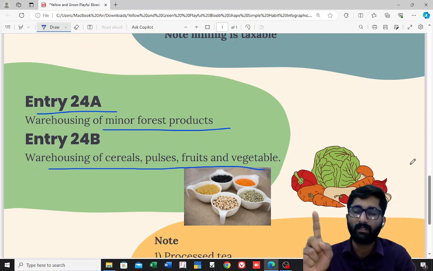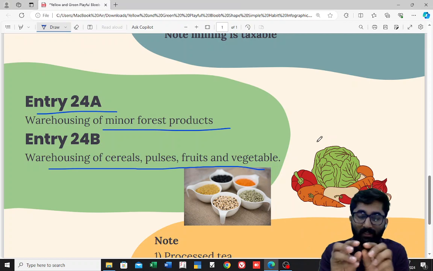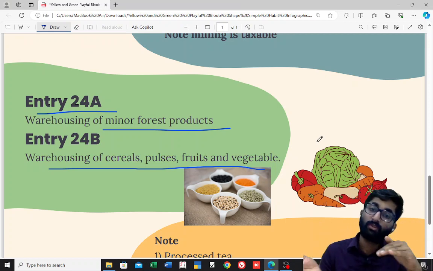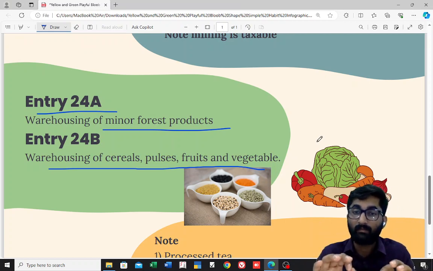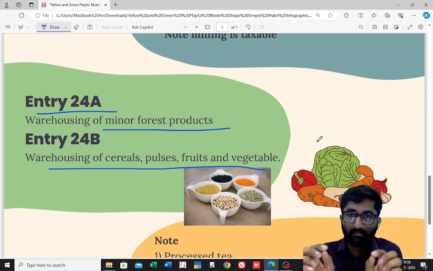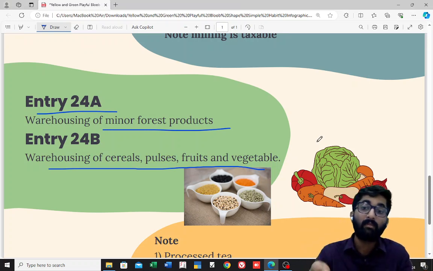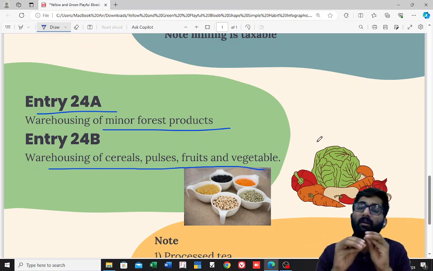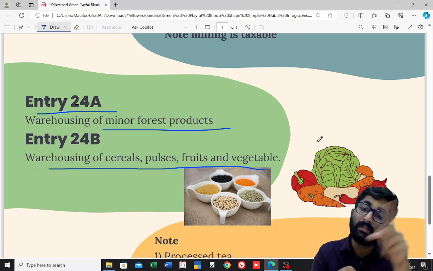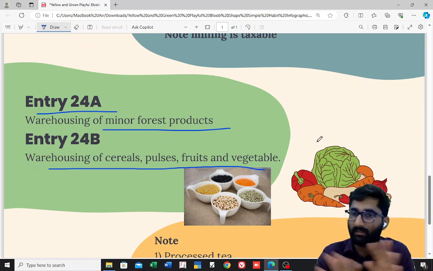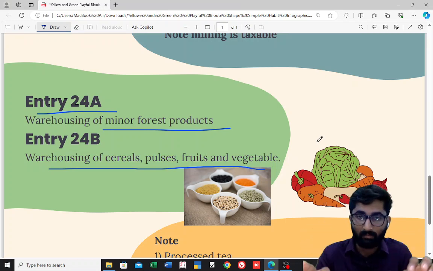But you have to note one point here. The dal, we will get dal, for example tur dal, only after dehusking and splitting. So storage of tur dal is not exempt, that is taxable. Storage of any cereals or pulses after dehusking and splitting, that is taxable. Before dehusking and splitting it is exempt. Dehusking and splitting is usually done by the mills. That is not a primary agricultural process. It is not done by the farmers. That's why